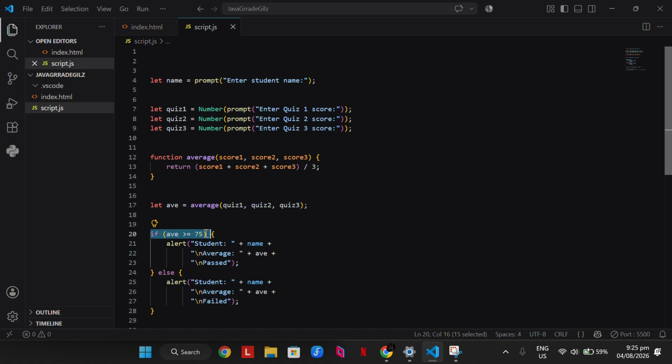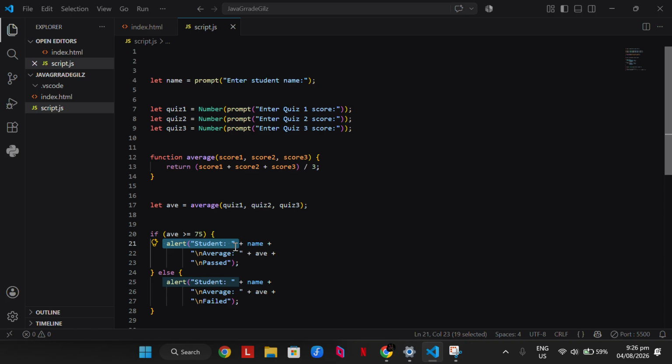If the condition is true, the program will execute the code inside the if block. So right here,